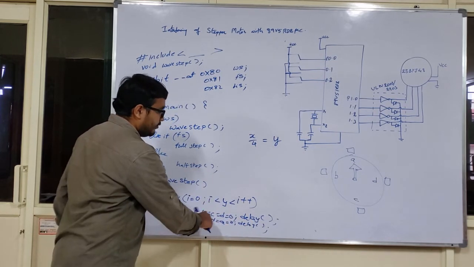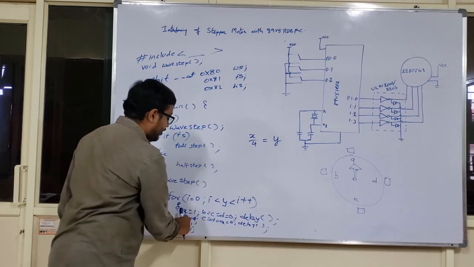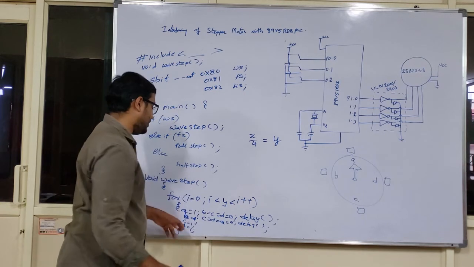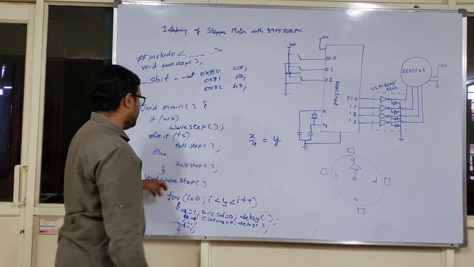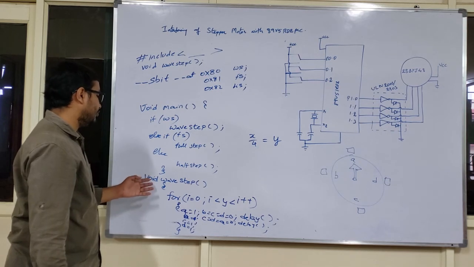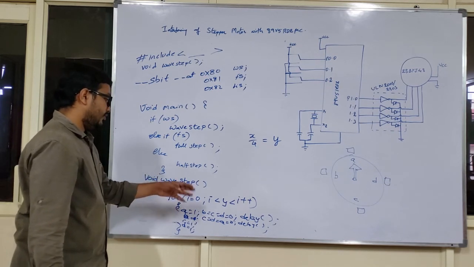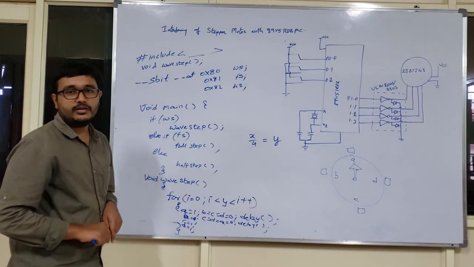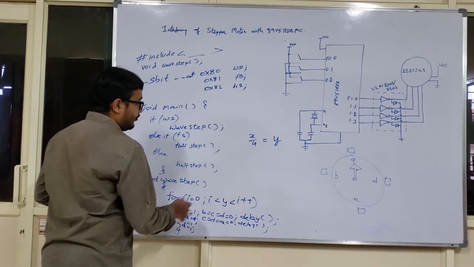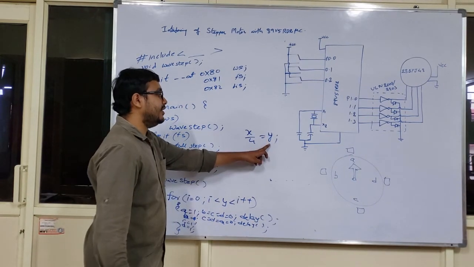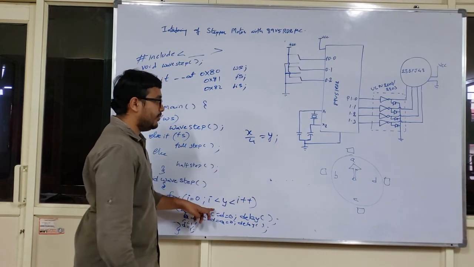Now A will be equal to 1 for this much amount of time, B will be equal to 1 for this much amount of time, C will be equal to 1 for some time, and D equal to 1 for some time. That means I have completed the definition of your void wave step, wave step excitation mode. This is how you need to complete the definition of each and every excitation mode. And this is the significance of y inside your programming.